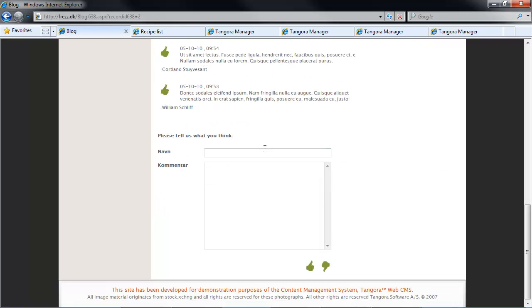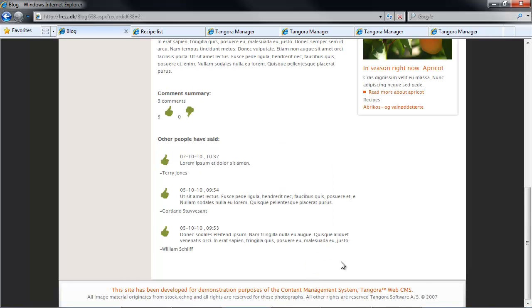And then there's a form where I could send in my own comment and give the article my own thumbs up or thumbs down. So if I go ahead and just write a comment and give a thumbs up, then we can see that it immediately comes up on the page. And because we've set up our feedback in such a way that a user can only send in one comment, the form disappears. You also have the ability to require approval of the feedback, incidentally, so that the comment would first appear after the comment has been approved internally.